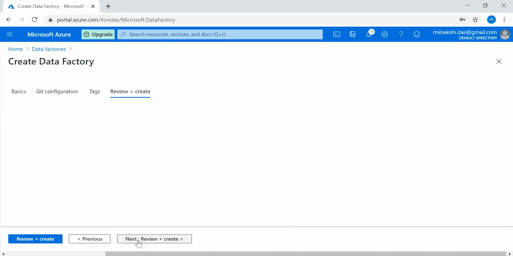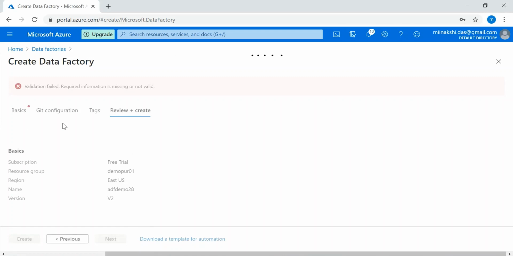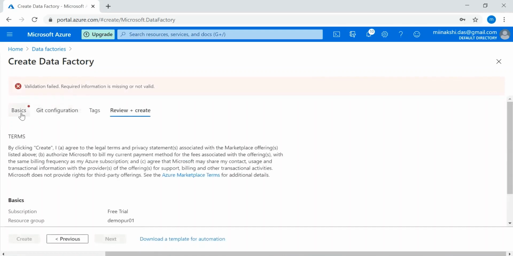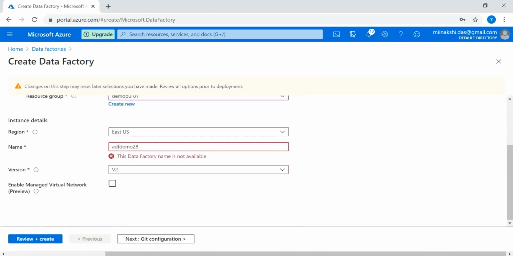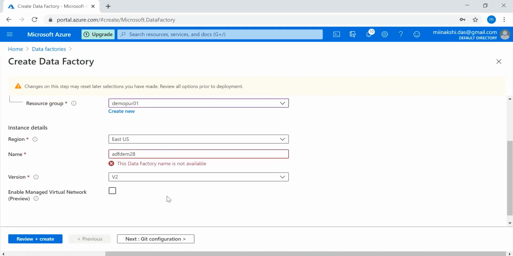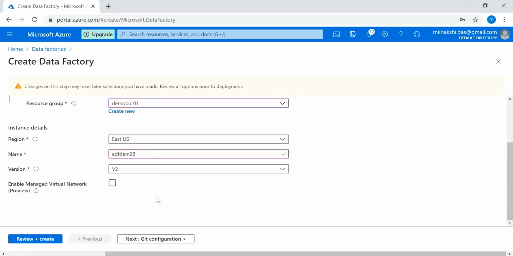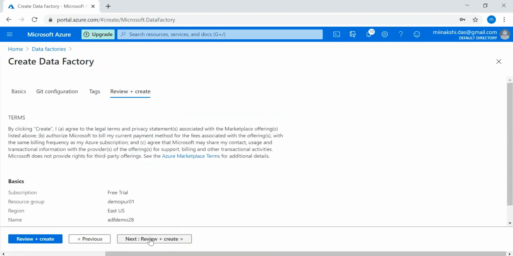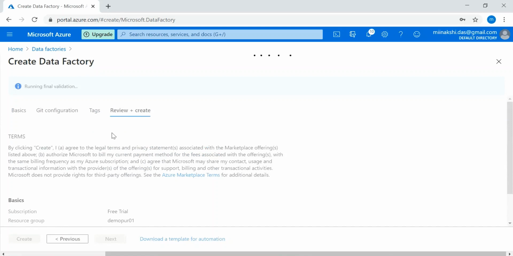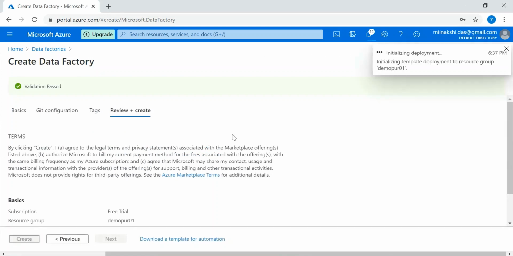Next, I'm getting some error in this tab. Let me check what the error is. This name is not available. Let me take some other name. Okay, this is done. The validation is in progress. It is done. Create.